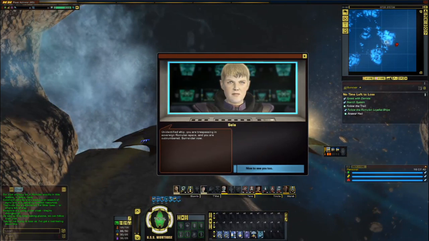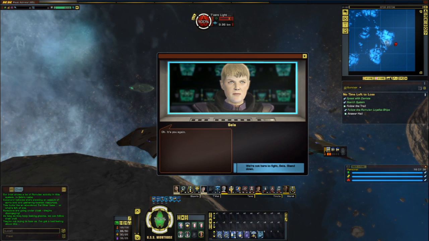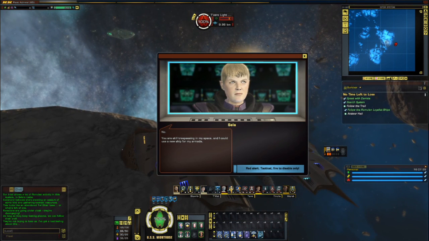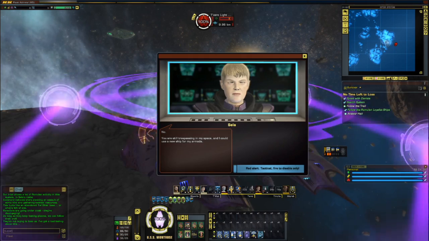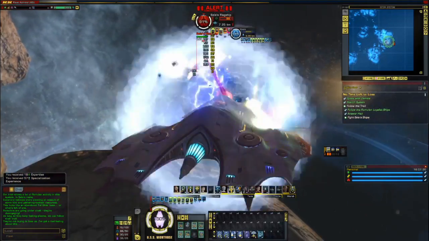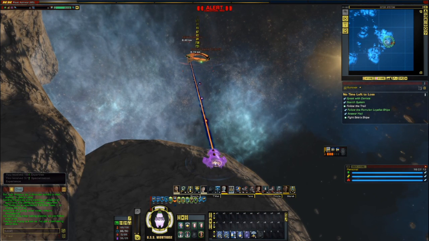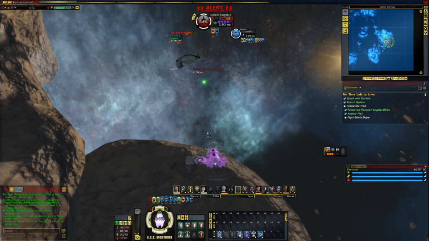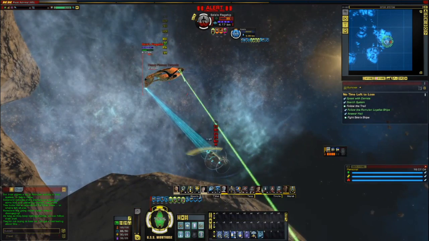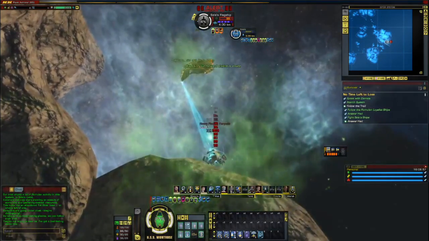Unidentified ship, you are trespassing in sovereign Romulan space, and you are outnumbered. Surrender now. Oh, it's you again. No. You are still trespassing in my space, and I could use your ship in my armada. Shields failing. All integrity below